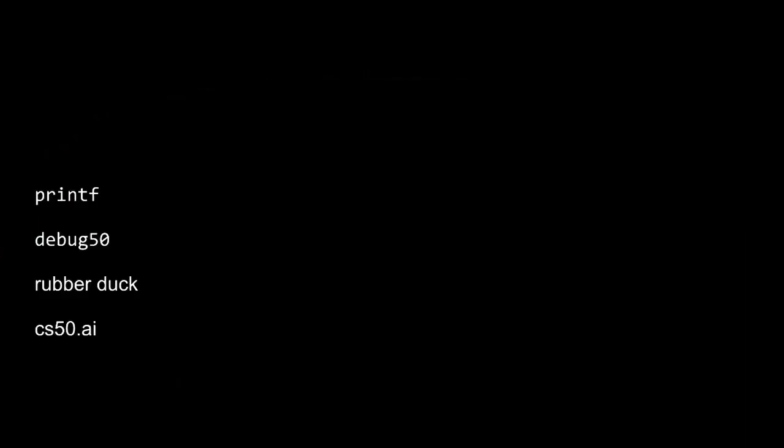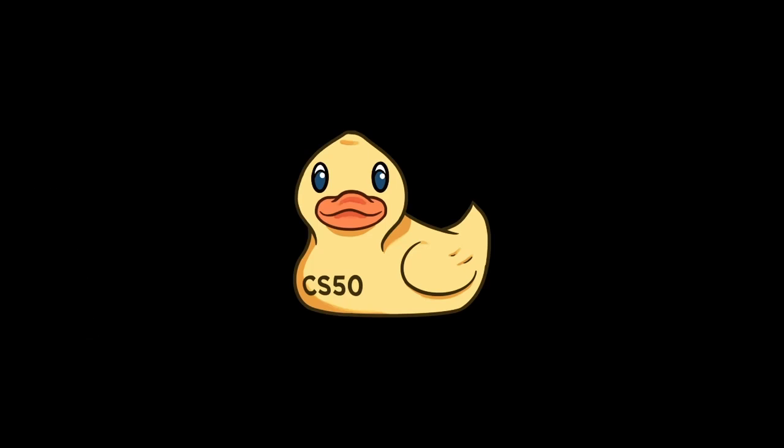So rubber duck debugging is indeed a very effective technique, even if you don't happen to have a small or large rubber duck. Of course, you're also welcome to use the CS50 duck, who lives at cs50.ai, and also within a pane in VS Code at cs50.dev. You can ask the CS50 duck about concepts you don't understand, or you can even copy-paste certain lines of code with which you might be having trouble and ask the duck for its own advice.